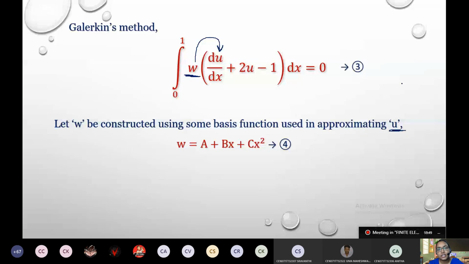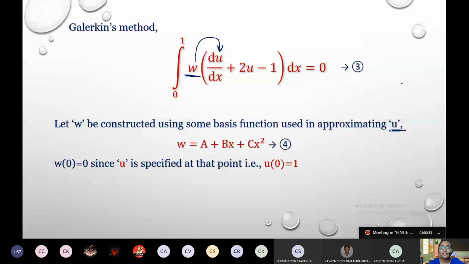Now, what is this weighting function? Wherever there is a residual, that is, wherever the approximate solution is present and there is an error, the residual is formed. That residual leads to the weighting function. But in the question, a specified point is given. At x is equal to 0, the value of u is 1. That is already given. It means that there is no residual, there is no error at x is equal to 0. So there is no point in having a w at x is equal to 0. So w of 0 is equal to 0 at x is equal to 0. So that we should remember.